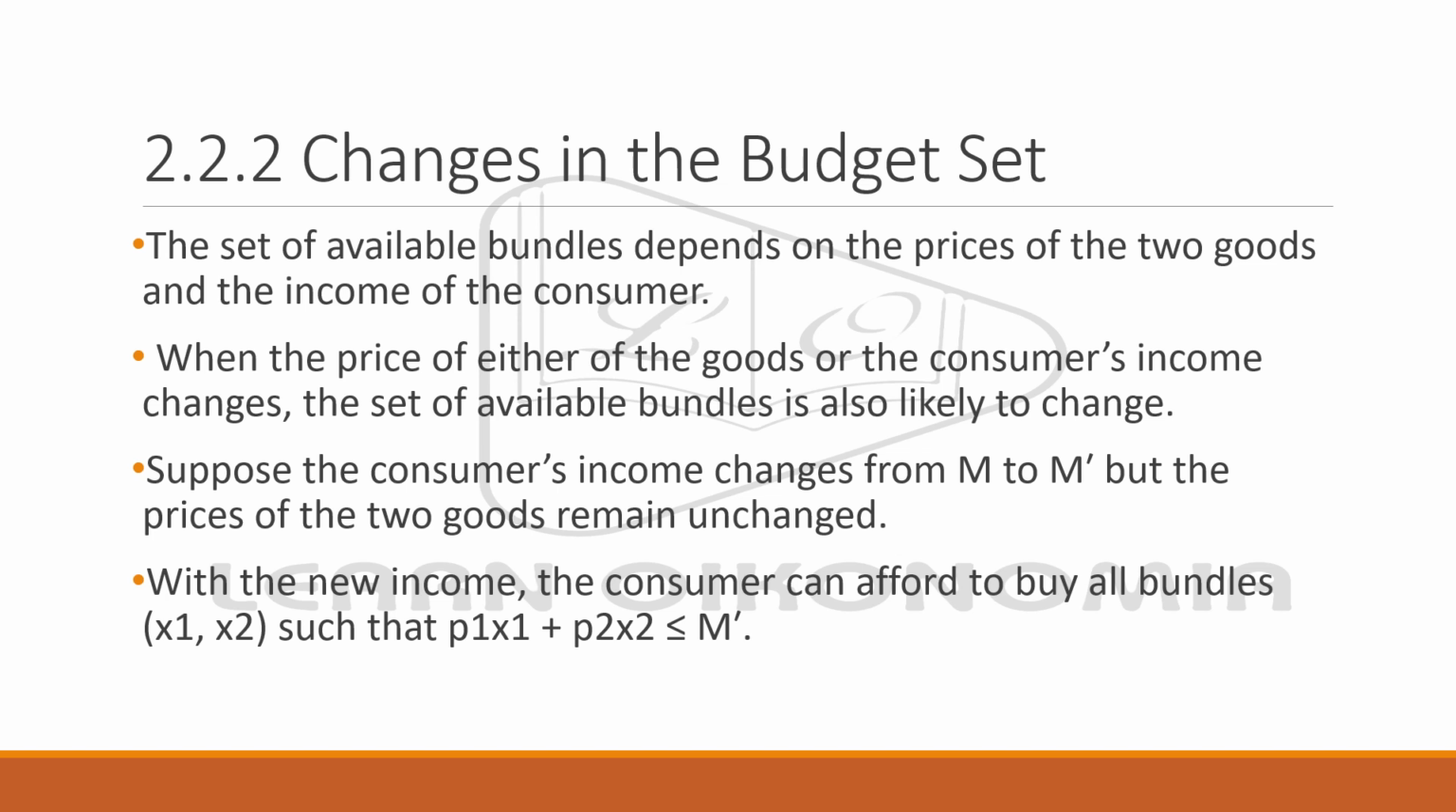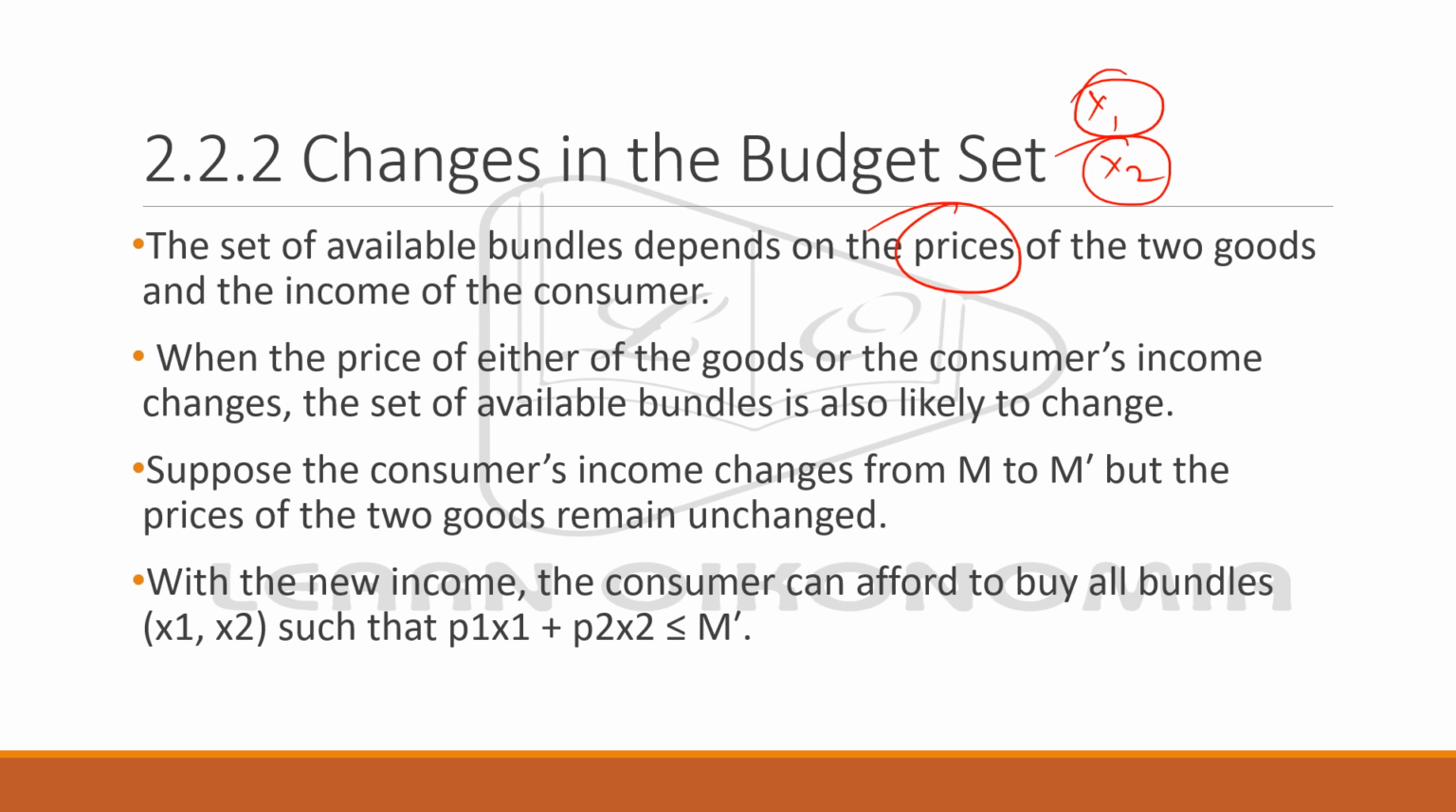How do you go for a change in your budget set? That is what you are going to see. Whenever you go for the available bundle, this depends, as I have told you, upon the prices of the two commodities. If you are taking X1 and X2 as commodities, the price of X1 and price of X2 will be